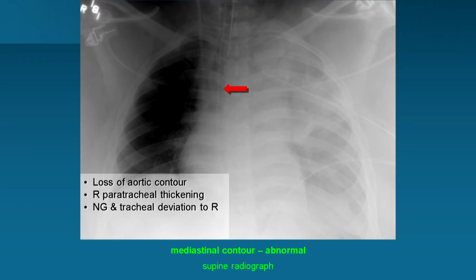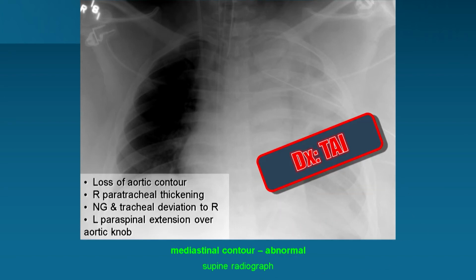Deviation of the trachea and NG tube, if there is one, moving over to the right, assuming your patient has a left-sided arch, and vice versa with a right-sided arch. And if the left paraspinal line ever extends up and over the aortic knob, that may be blood tracking in the posterior mediastinum. So this person has a traumatic aortic injury,